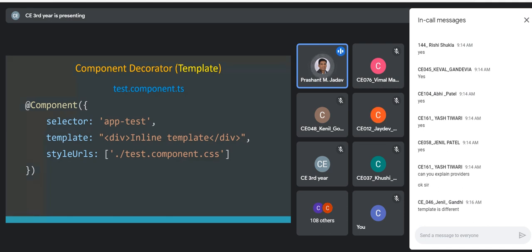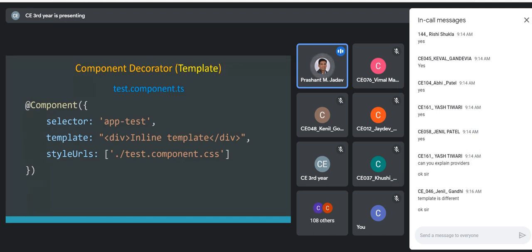As a template, we can specify either the inline HTML or external HTML. Right now, you will see the external HTML. In your code, the default code generated will refer to the external HTML, but we can replace that with the inline template. So there are 2 keywords as part of the component decorator: one is templateUrl and the second is template. We have seen that in the last lecture.